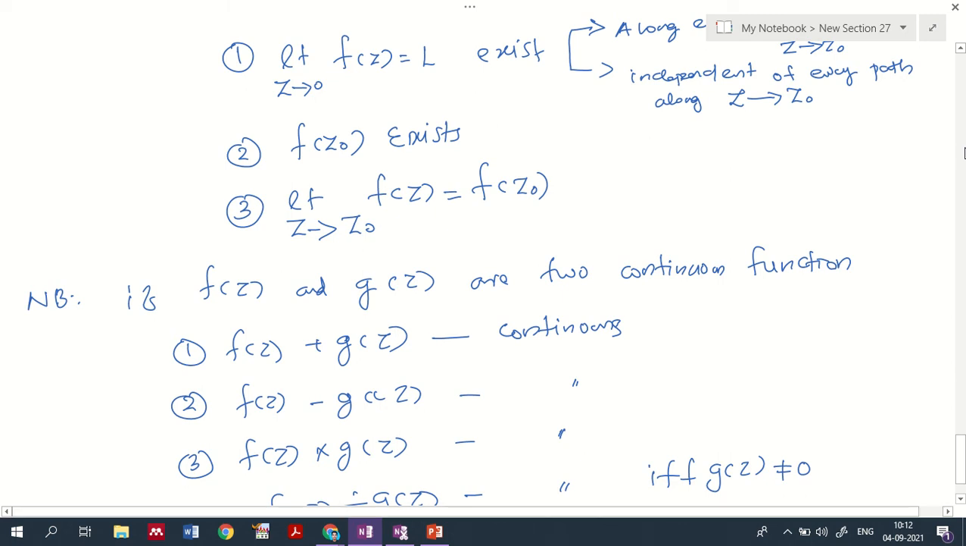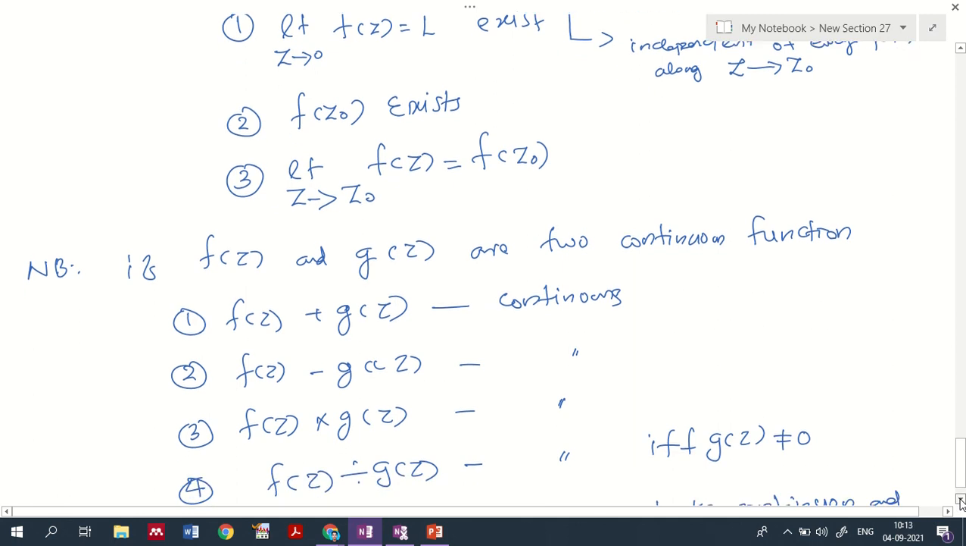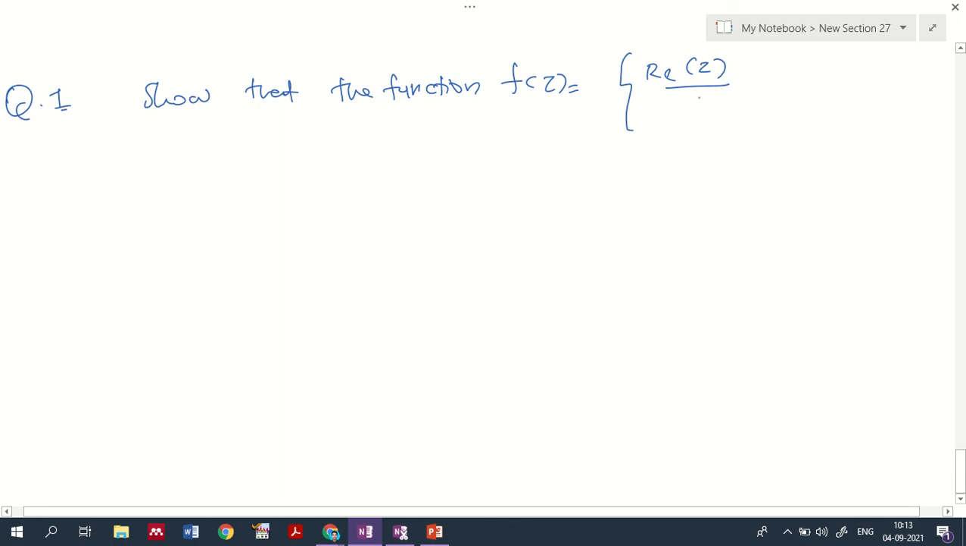Okay, so we'll go to one problem, then you will understand better. Here we will be checking, show that the function f of z equal to real part of z divided by z, where z not equal to 0,